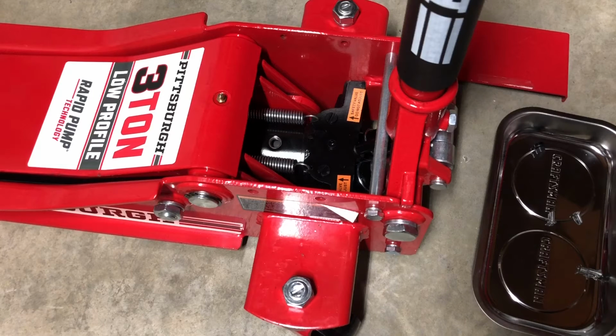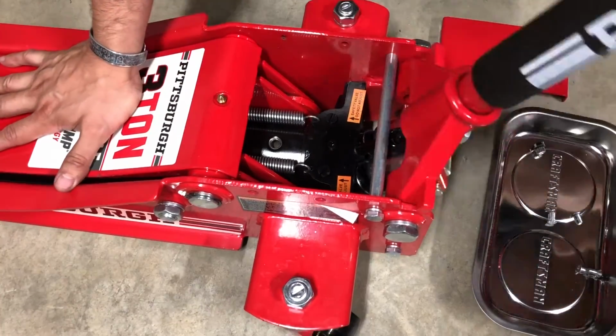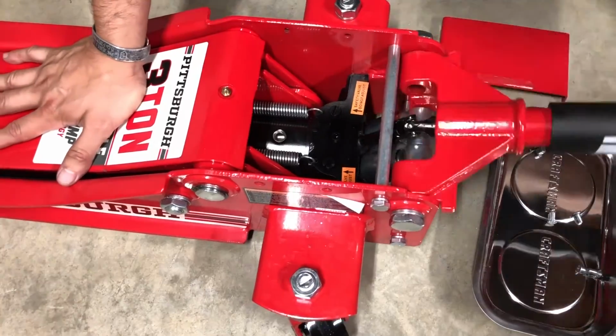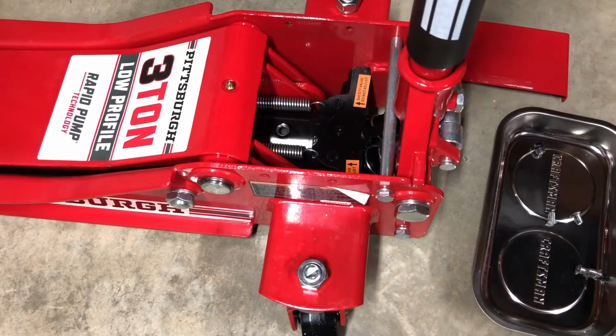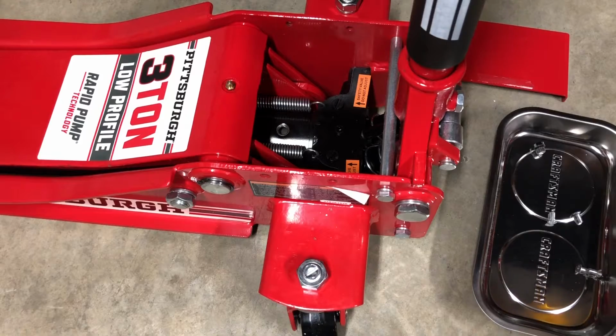And then it says apply pressure to the saddle and quickly pump the handle several times. So let's apply some pressure. I see some bubbles coming out. All right. So once we do that, it says check oil fill hole again and top off with hydraulic oil